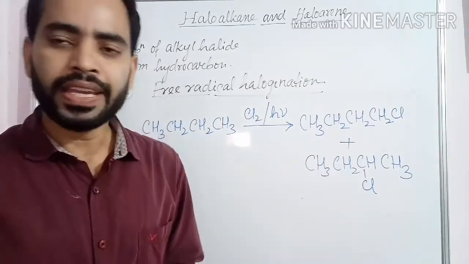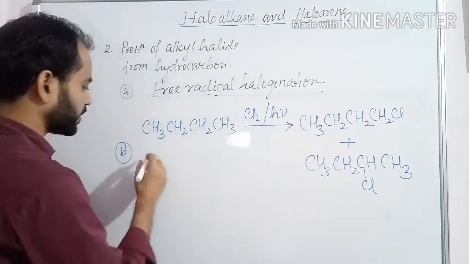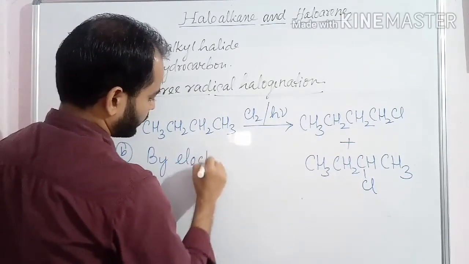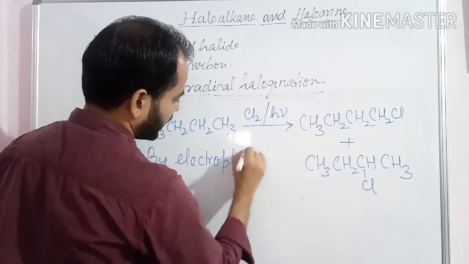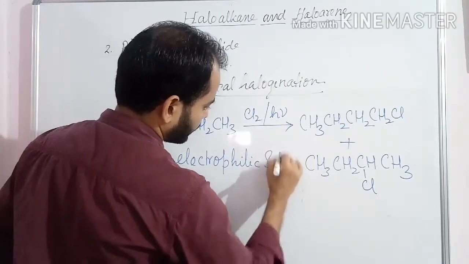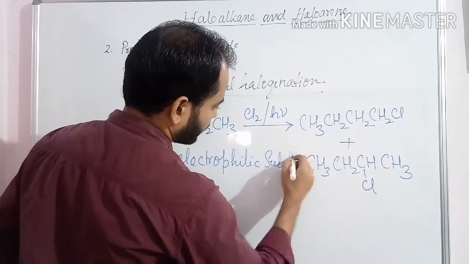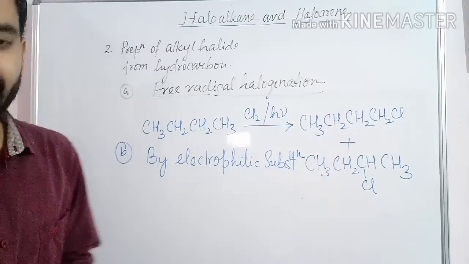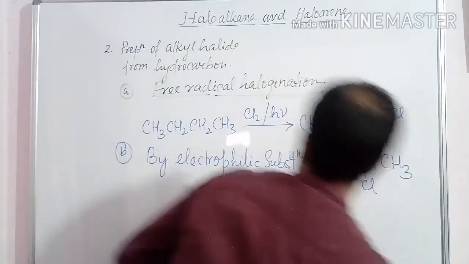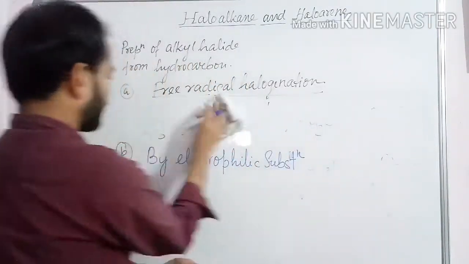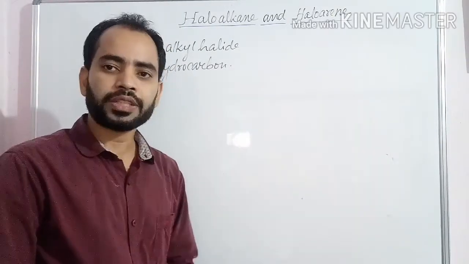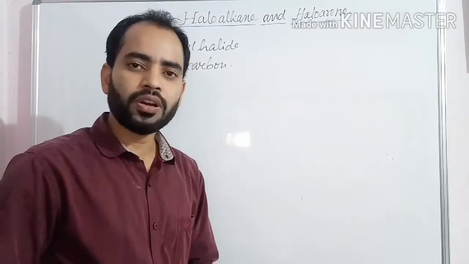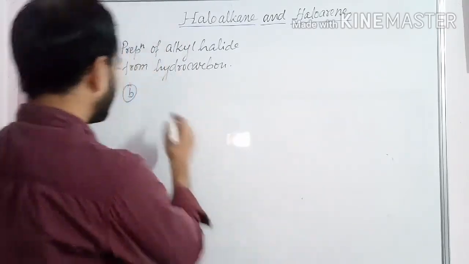Next method is by electrophilic substitution reaction. By electrophilic substitution we may prepare aryl chloride or aryl bromide. For example,